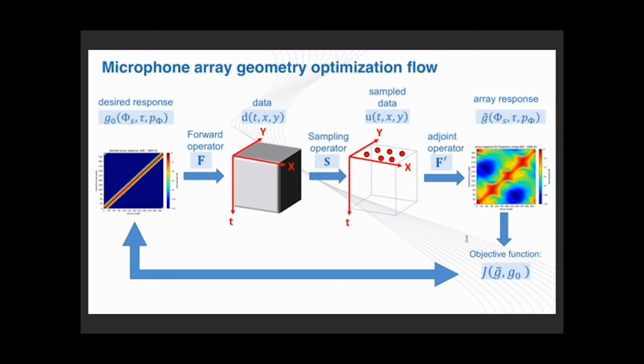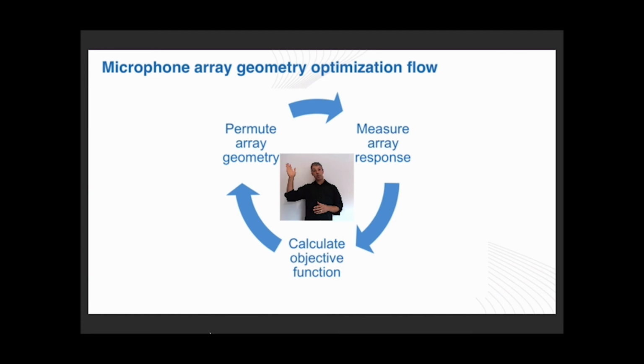The optimization itself is stochastic, meaning that we modify the array geometry with every iteration and calculate an objective function for every resulting array response. The internal optimization loop permutes the array geometry under certain constraints, measures the array response for each permutation, and then calculates the objective function. This process continues until a set number of iterations, or until an array response with sufficient angular resolution is found. We also implement simulated annealing in the inversion to gradually reduce the magnitude of the array